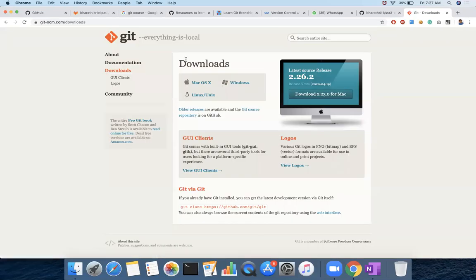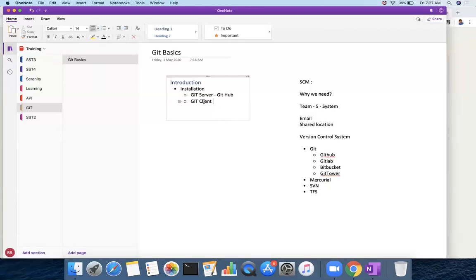You can download the Git client, whether it is Windows or Mac, and install it. It's straightforward.